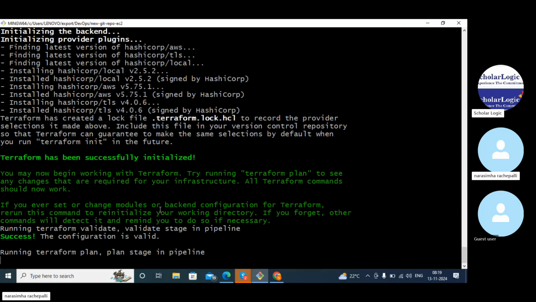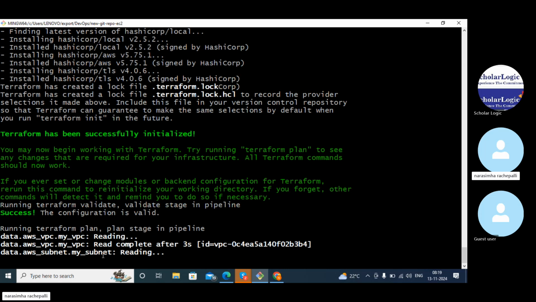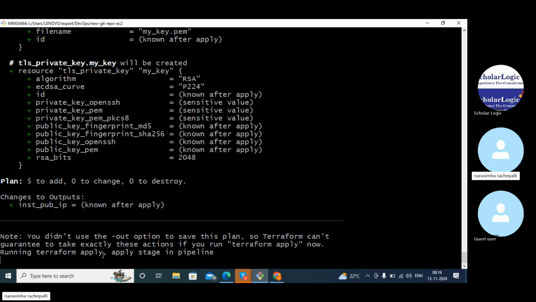It is creating a Terraform plan and it will do a Terraform apply. Terraform plan will show you how many instances will be added, how many resources will be created by Terraform apply command. So you can see that 5 will be added, 0 will be changed, 0 will be destroyed. Based on that, your Terraform apply command will run and then it will create resources